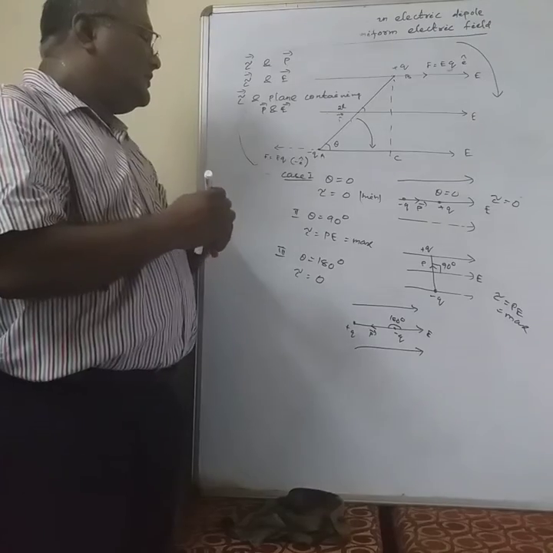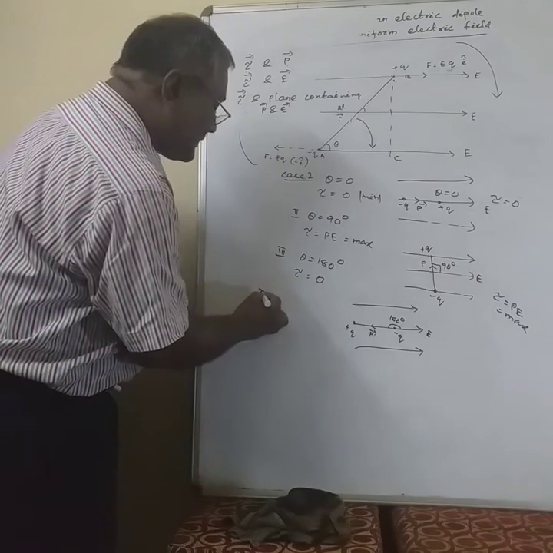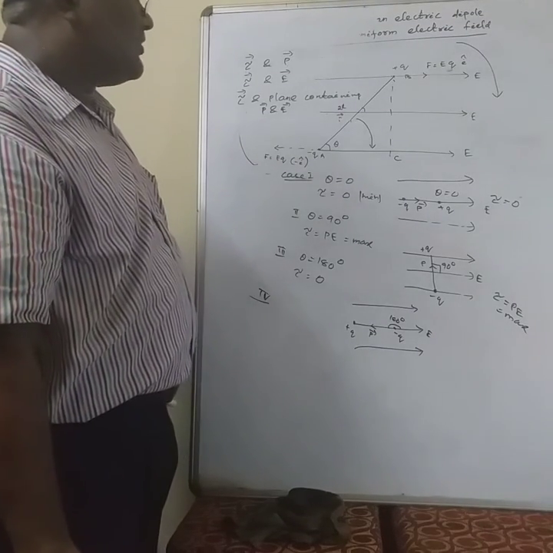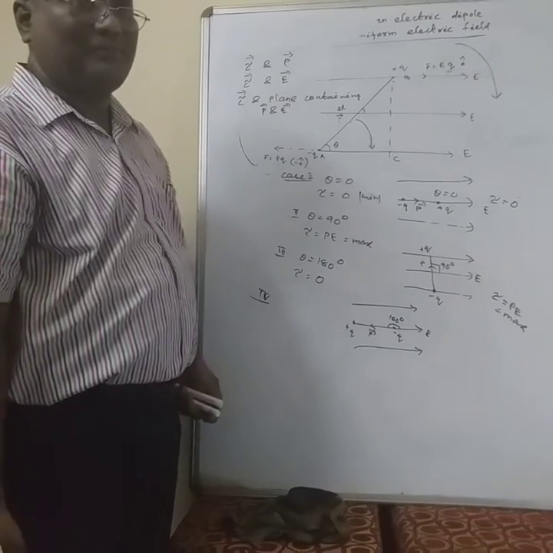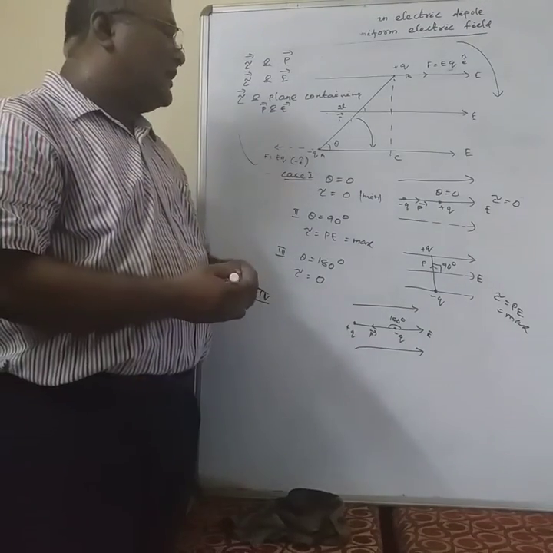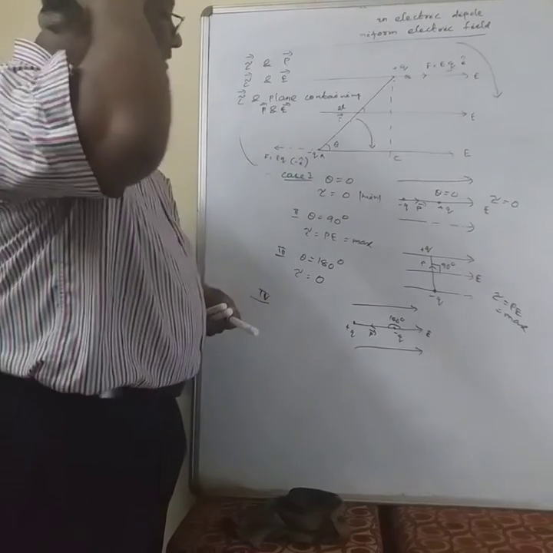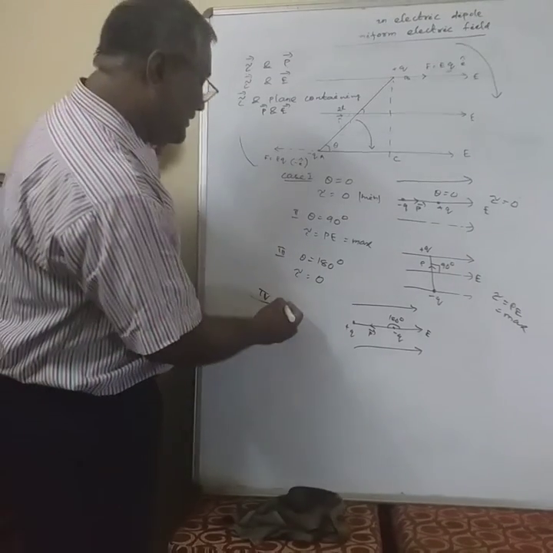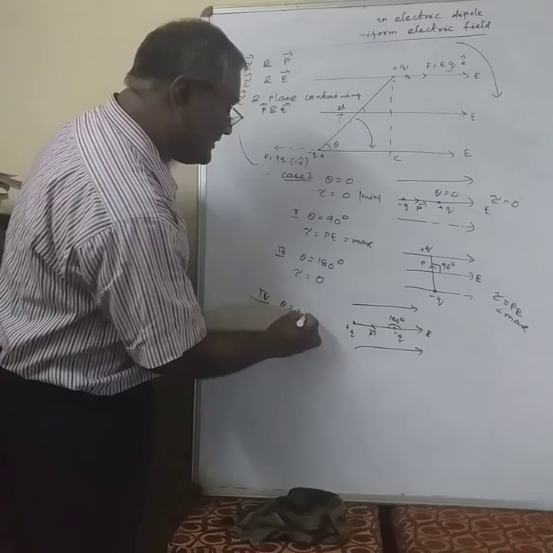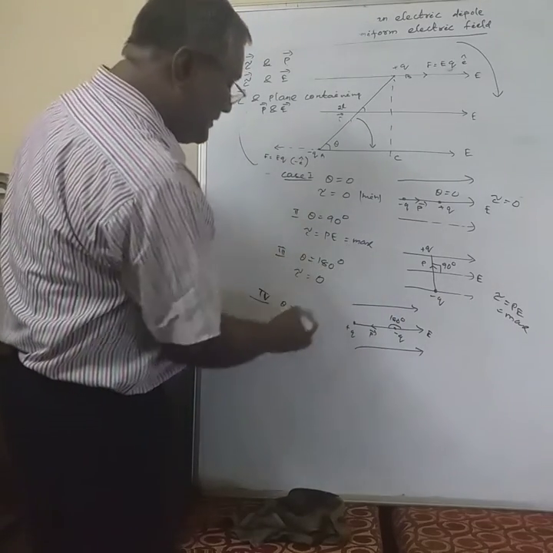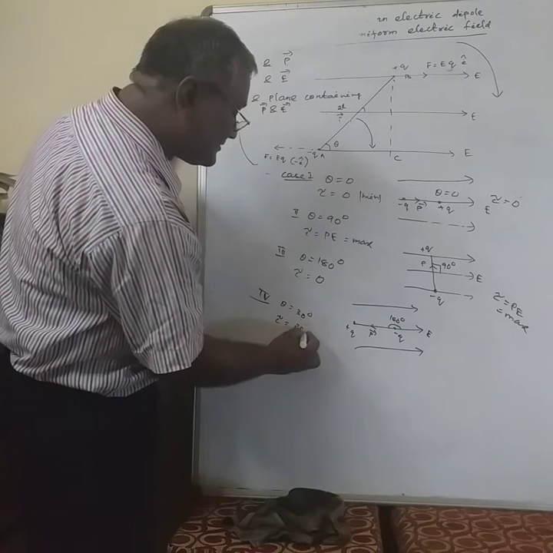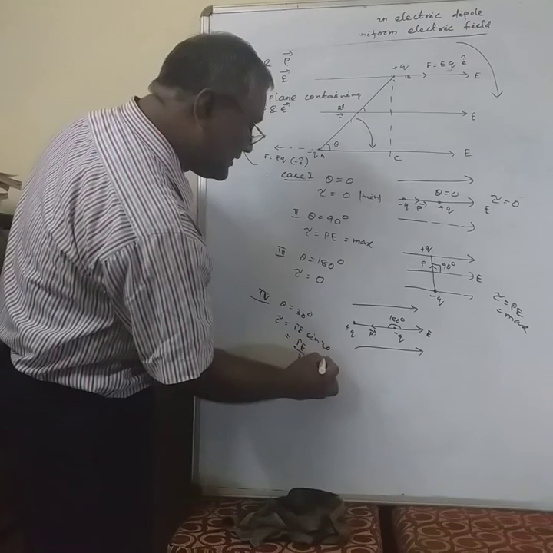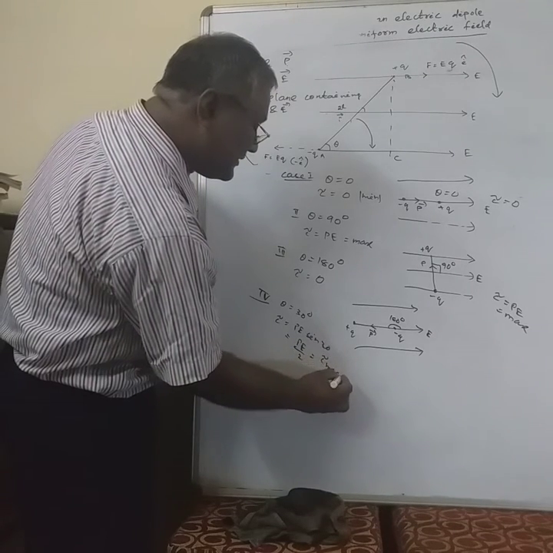So what conclusion is drawn? And case 4: at what angle must the dipole be placed with the electric field so that the torque developed will be half of the maximum torque? Again I am telling, at what angle must the dipole be placed with the electric field so that it will have half the magnitude of the maximum torque developed? So theta is equal to 30 degrees. If theta is 30, it will be PE sin 30. Sin 30 is half, so this will be PE by 2, that is, torque maximum by 2.